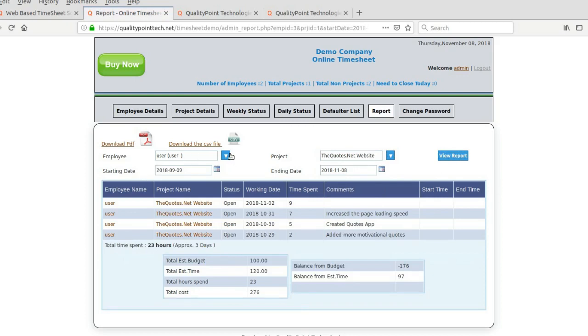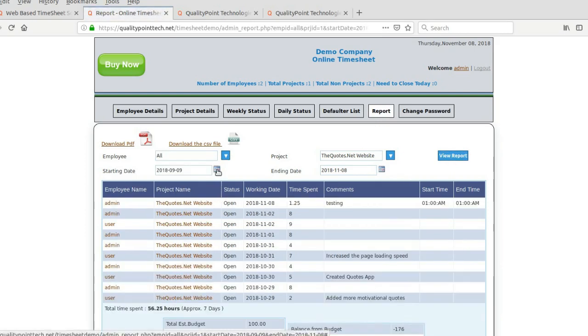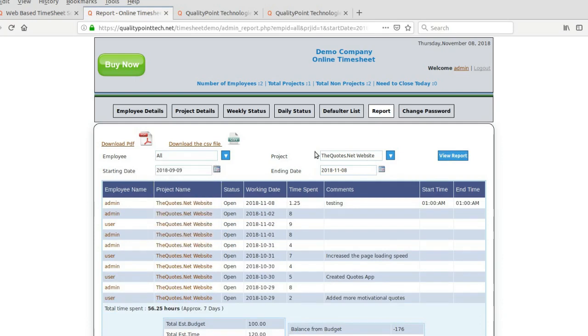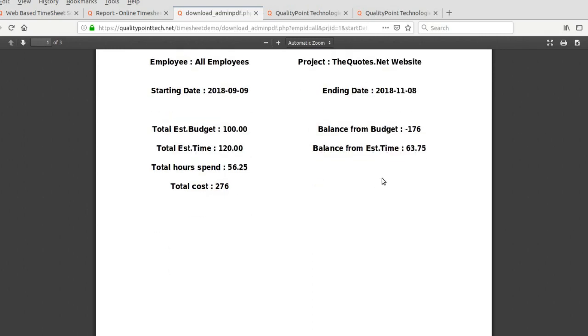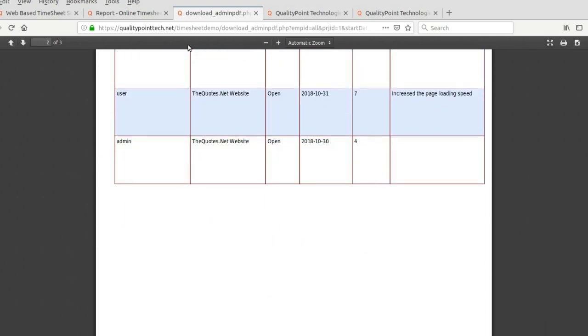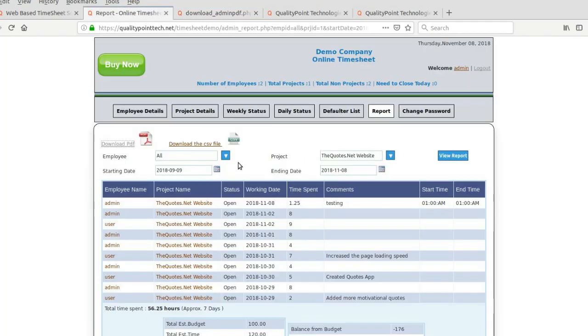You can choose the project and all employees, and we can choose the time also. Then they can see the report as a PDF, or as a CSV file.